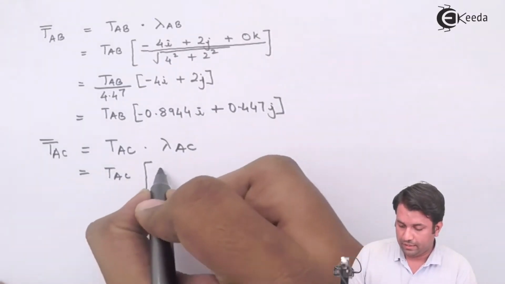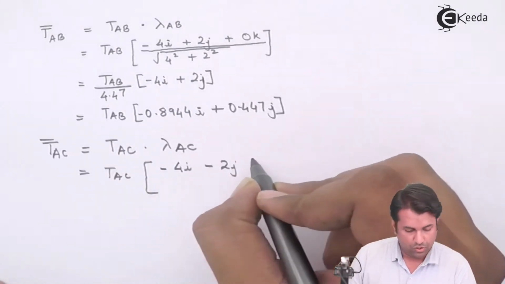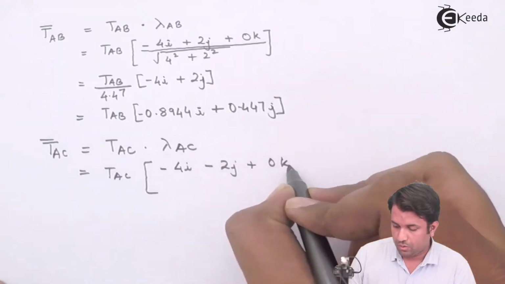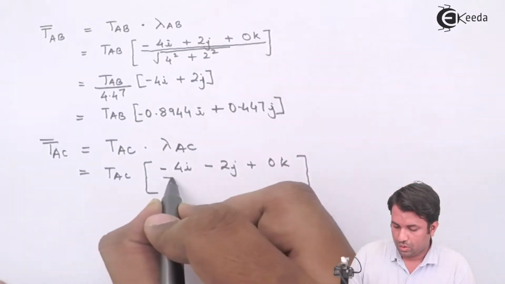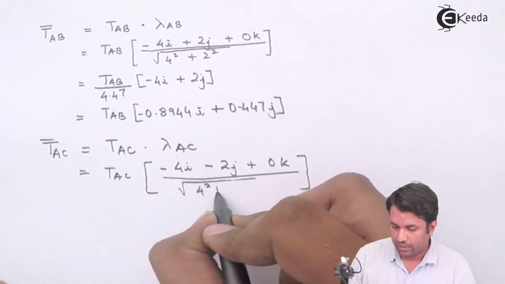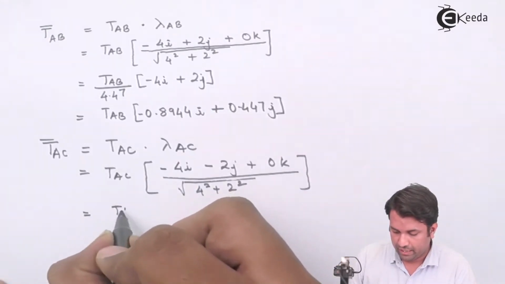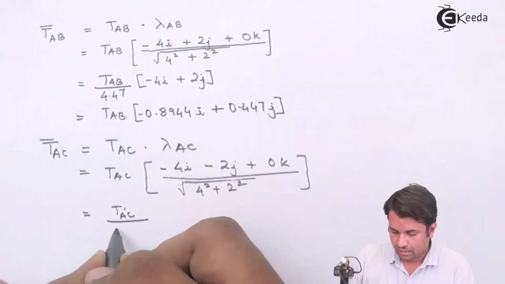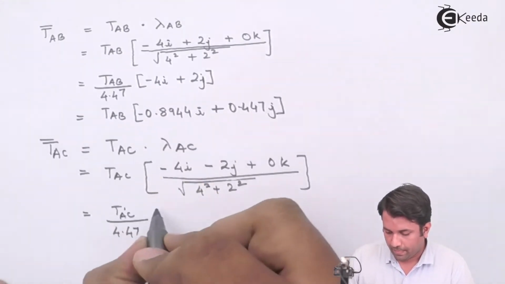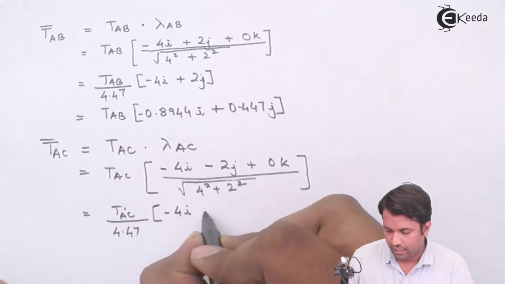So I'll write it here as -4i -2j and 0k. Again under the root I'll get 4 squared plus 2 squared. So it will be T_AC upon the same value, 4.47, whereas the inside values will be -4i